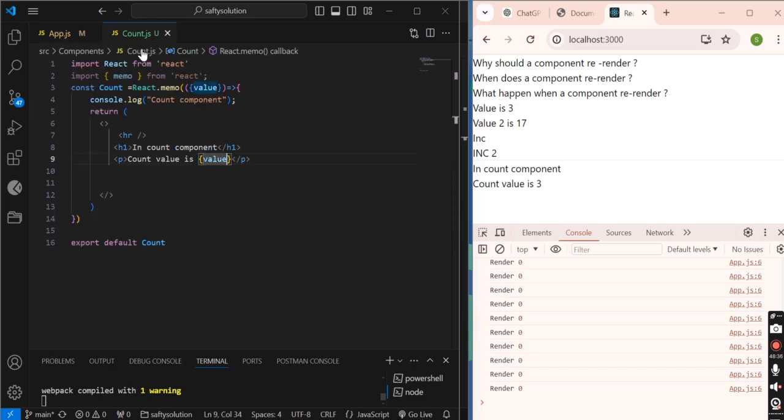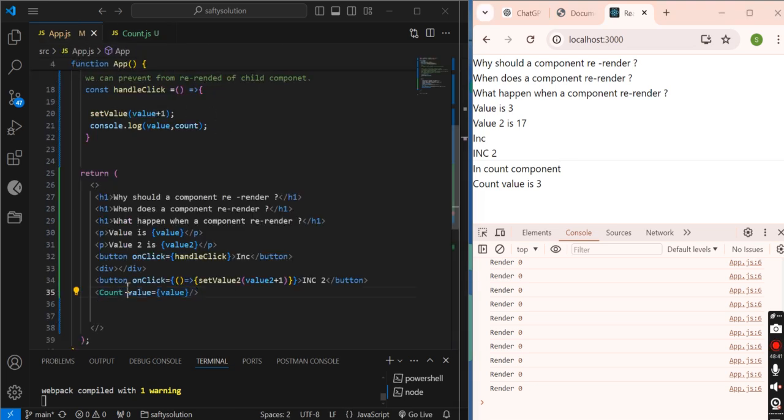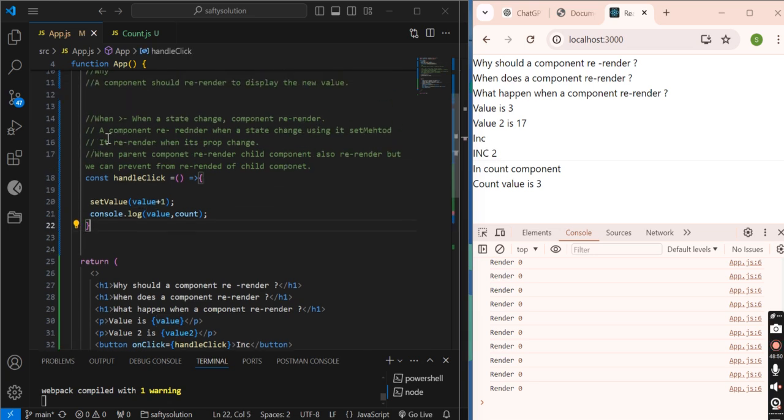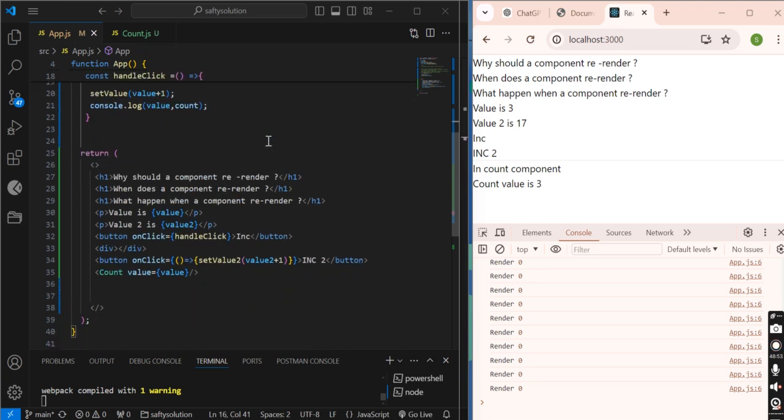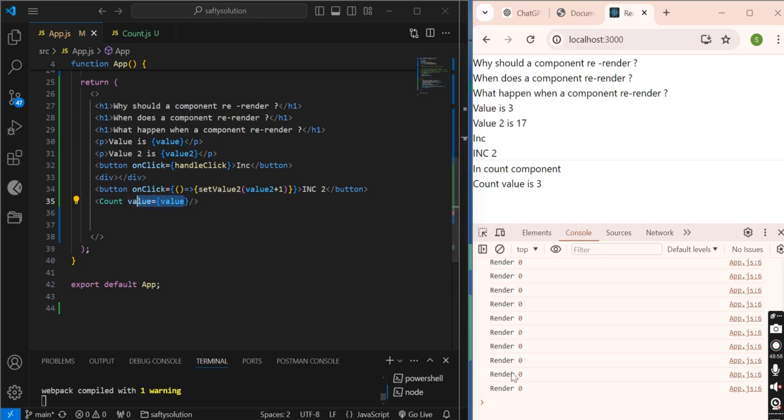That's why this component is not re-rendering. But when this value is changing, the child component is re-rendering. So as I said, it re-renders when its prop changes. When I click INC, the child component re-renders because its prop changes.